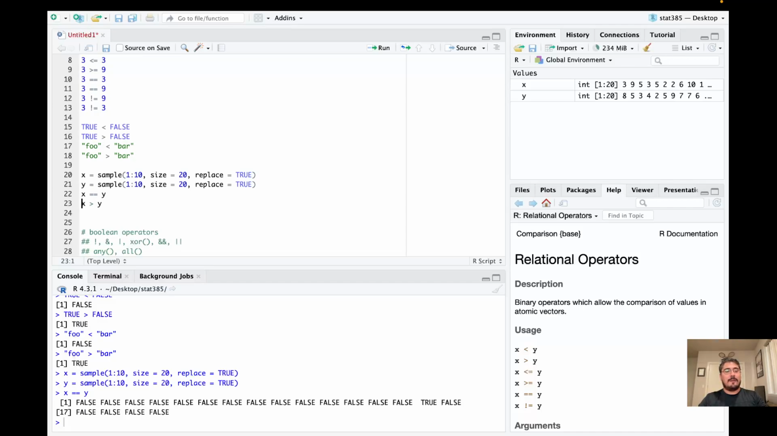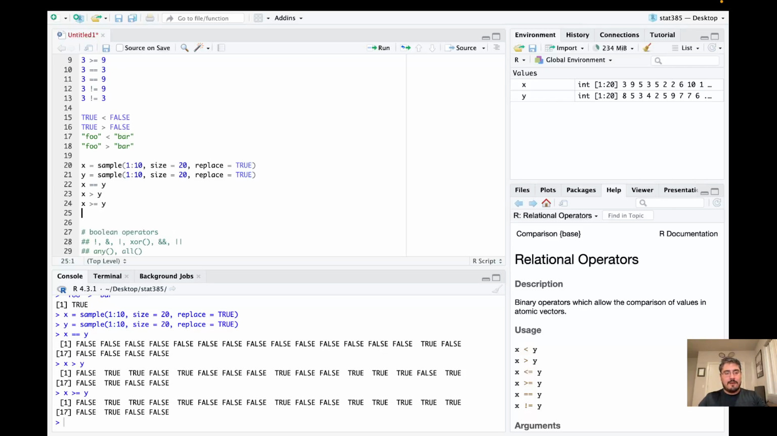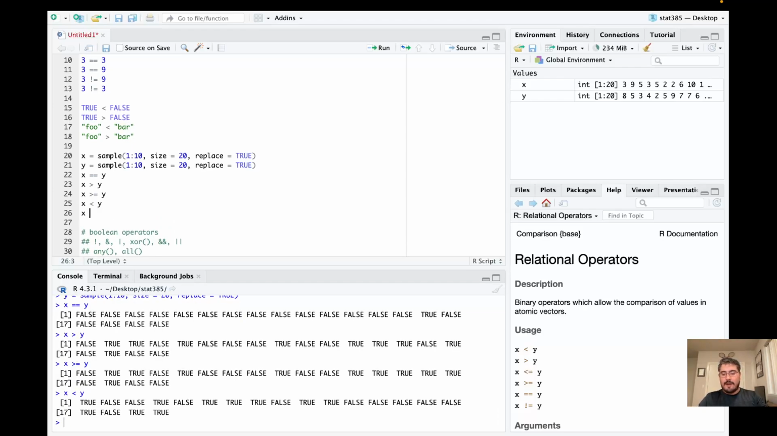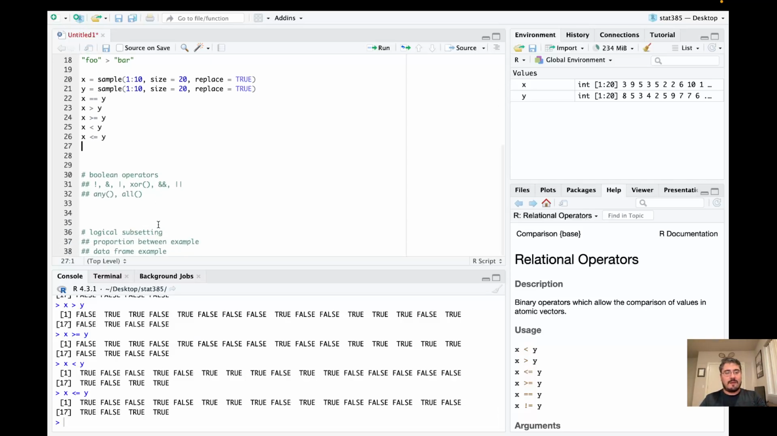So we can check performing this operation element-wise: x greater than y, x greater than or equal to y, x less than y, and x less than or equal to y. Okay, so where this gets more useful and getting into some logical subsetting is we can,